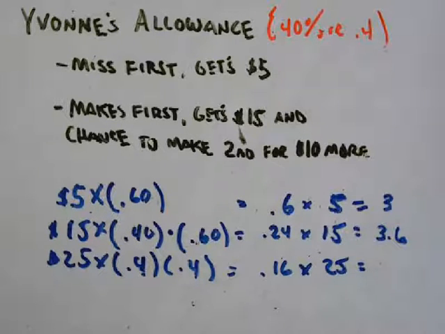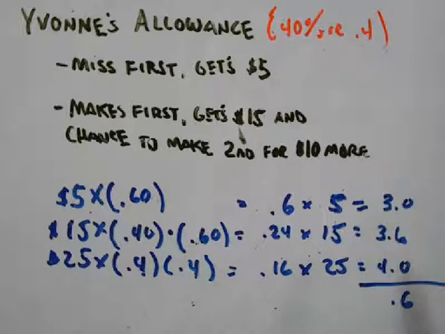Let's do 3.0 just to keep our decimals in there. And 0.16 times 25 is 4.0. So when you add all that up, we've got a 0.6, bring down the decimal, and